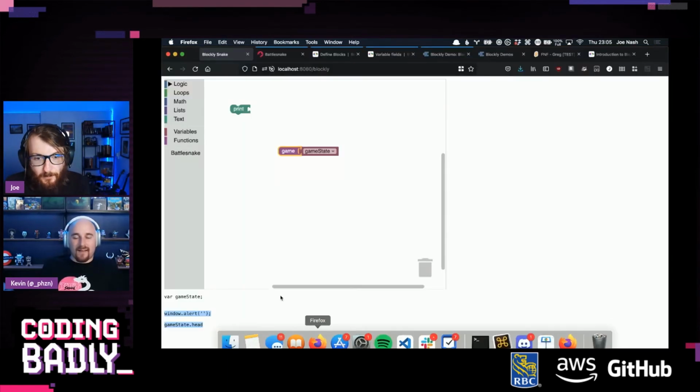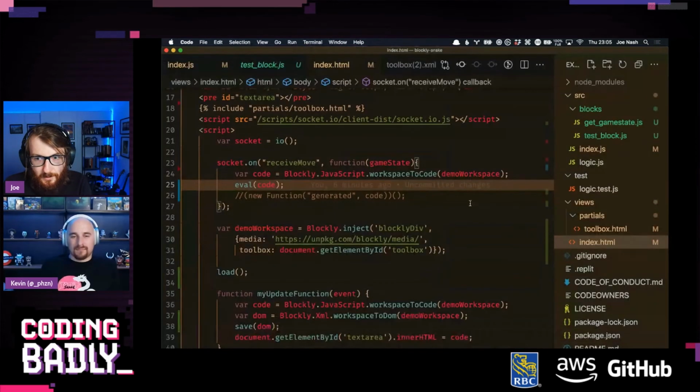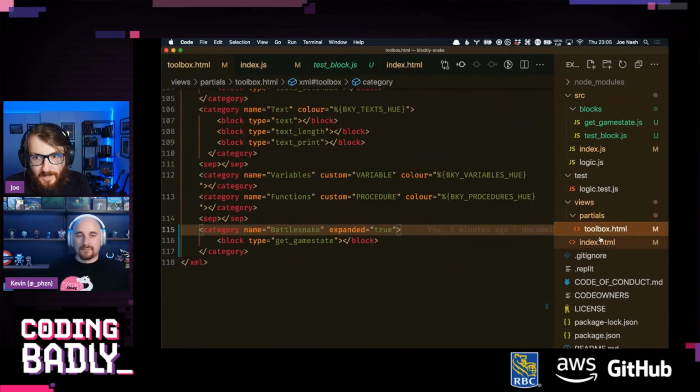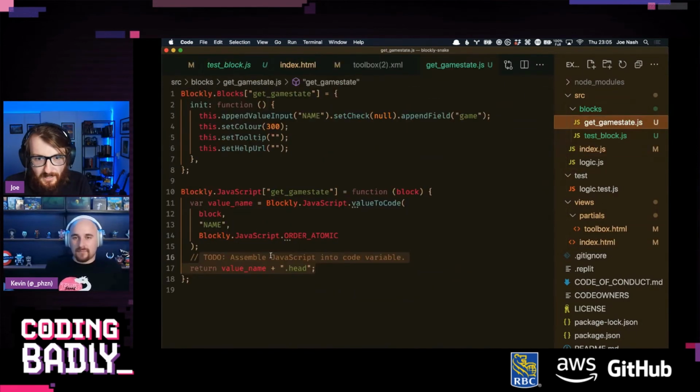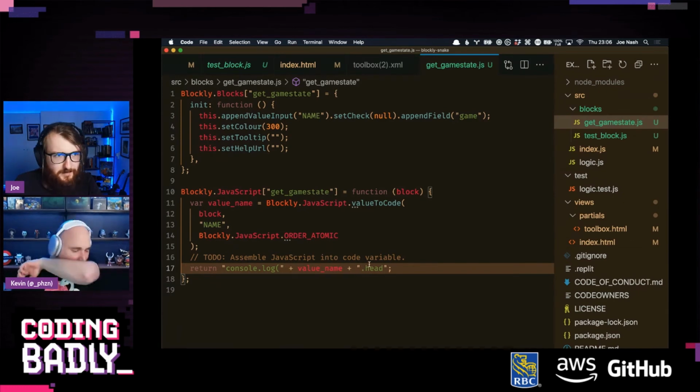So if we were to change this, and here's how we demo this, Kevin. If I change this to console.log, GameState dot help.